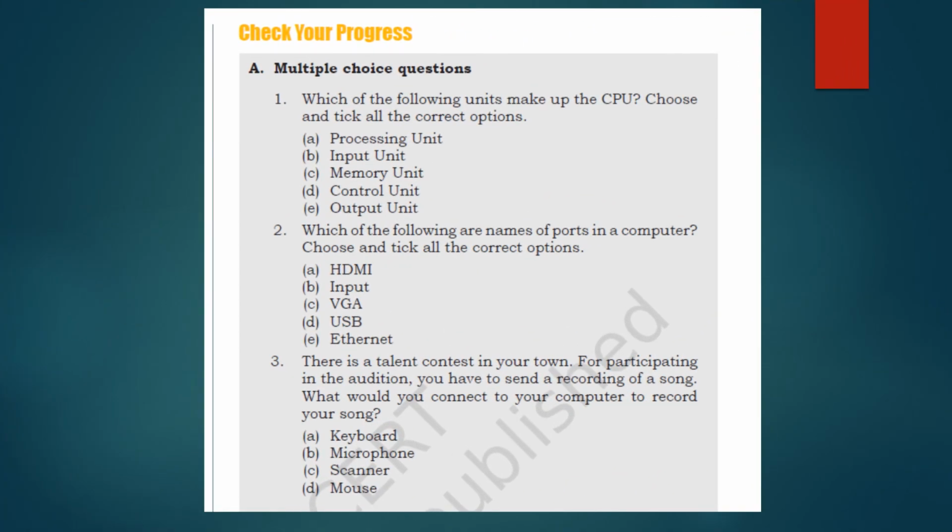So far what we learnt from the lesson, children: the various parts of the computer and some of the input devices and output devices, what are all the peripheral devices available and what are the functions of peripheral devices, and then about the central processing unit, then RAM and ROM, motherboard, storage devices, and then last what we learned, ports and connections.